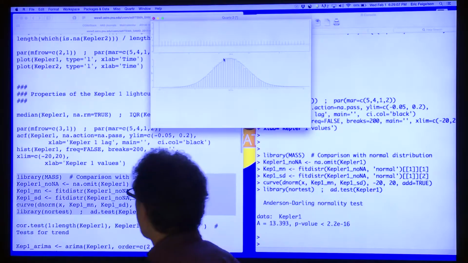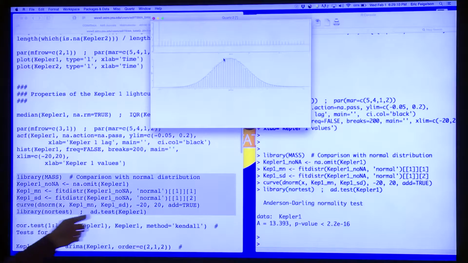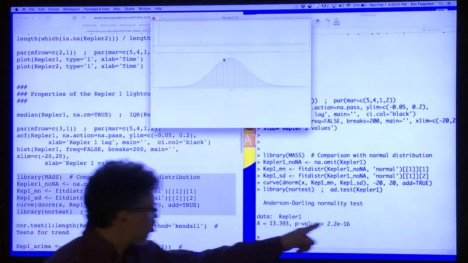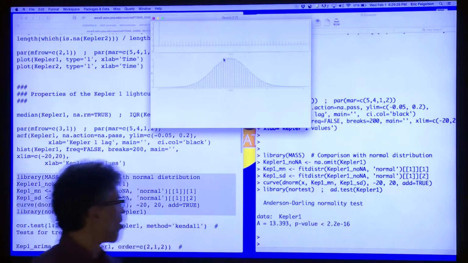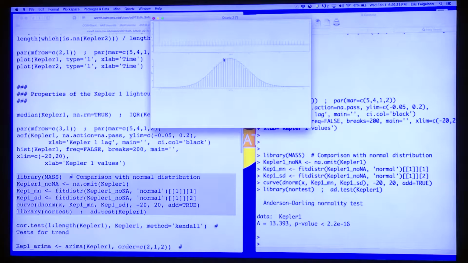And because it's 70,000 points, when I run a non-parametric test, what's called a goodness of fit test, in this case I run the Anderson-Darling goodness of fit test in a package called nortest. There's like 10 different tests for normality in this one. This one's one of the most famous ones. It ends up it's extremely significantly not normal. Less than 10 to the minus 16 p-value. So that tiny little